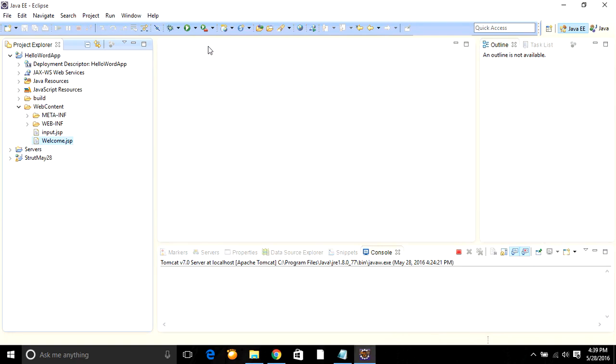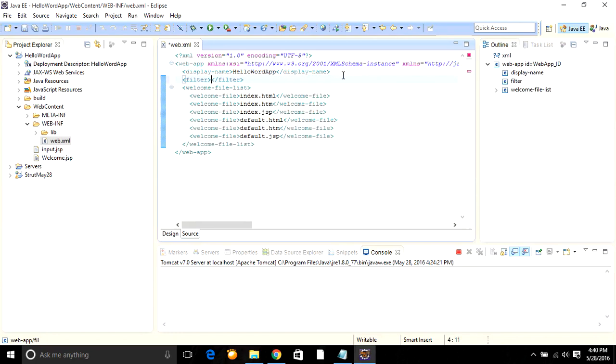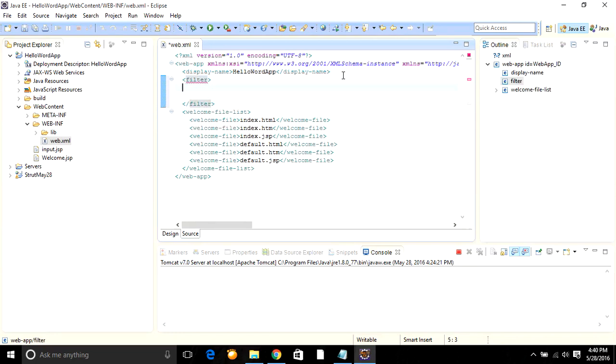So now the next step, I'm going to modify the deployment descriptor, that is web.xml, which is available over here. And here I'm going to specify the tag, that is filter, along with filter name, filter class, and the second one, that is the filter mapping. That means how we are going to map that particular filter with the name of that filter and their URL pattern. So below this display name, I'm going to write the filter, and I'm going to nest two tags